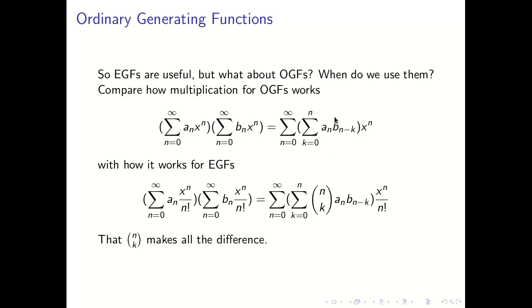And so this is where I say that we use ordinary generating functions to count different things than exponential generating functions. Exponential generating functions we use for counting these labeled things, whereas ordinary generating functions we use for counting what I would call an unlabeled thing. Because when you have an unlabeled thing, the only way to split up the labels, so to speak, is by the number of them there is, which is unique. If you say I'm going to split it into a set of size 3 and a set of size 5, there's only one way to do this when we're not caring about the labels.